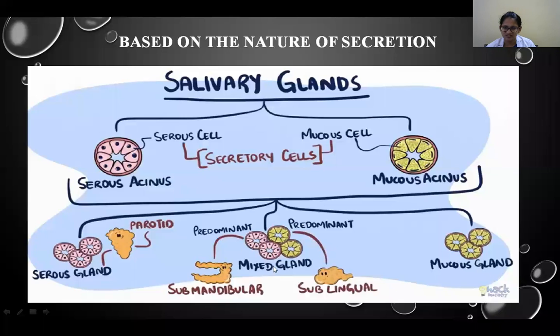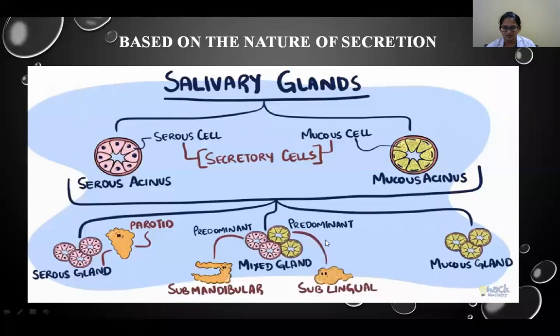Next, coming to the mixed salivary glands. The mixed salivary glands consist of both mucous cells and serous cells. The main examples for the mixed salivary glands are the submandibular gland and sublingual gland. In the submandibular gland, serous cells are predominantly more, whereas in sublingual